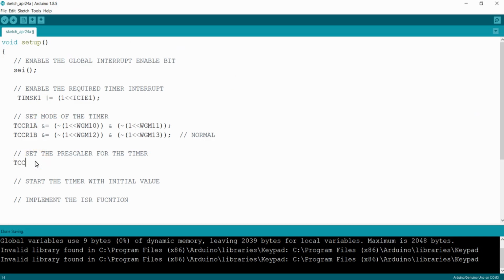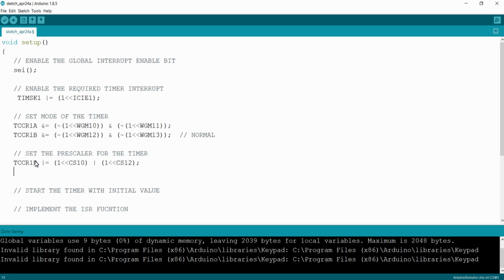So I am going to TCCR1B, setting CS10 and CS12, and clearing CS11. This will set the prescaler to 1024.